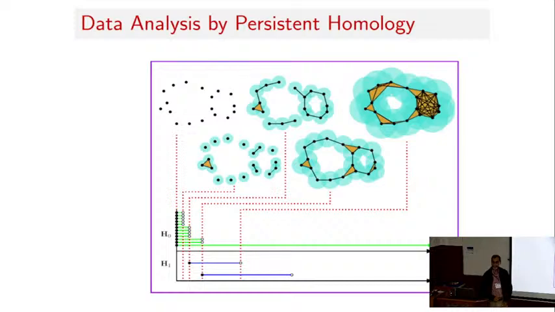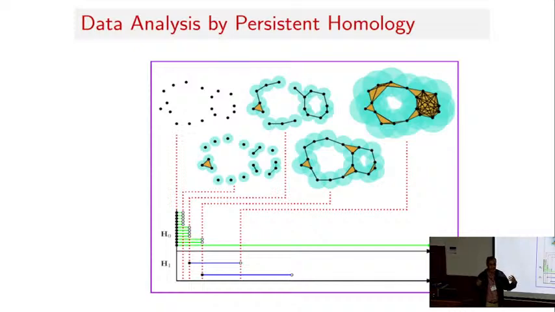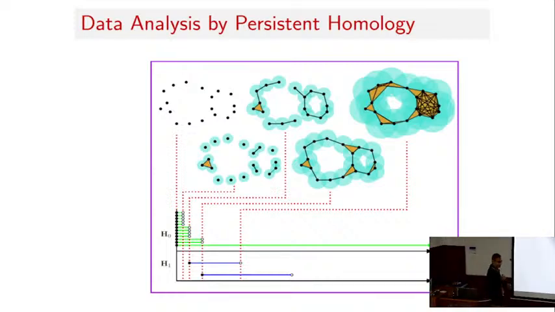The barcode is the ultimate output of the persistence algorithm of persistent homology. It's like creating a signature of this point cloud data. That's why it's called a barcode. It's like lines. For example, it will track all these vertices, each creating one component. So all are created at this point.